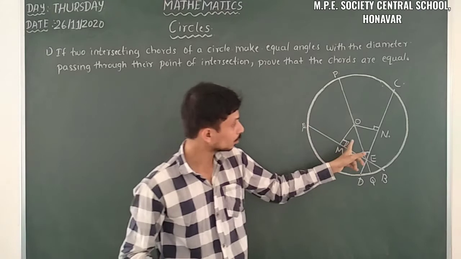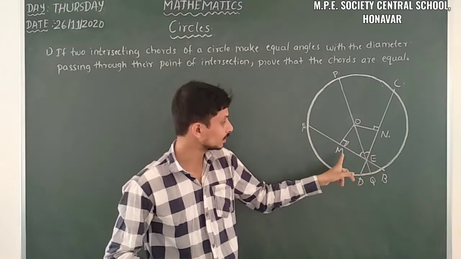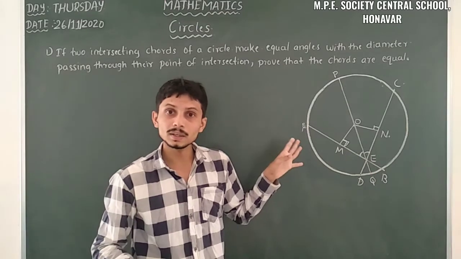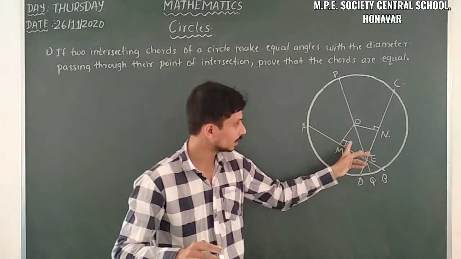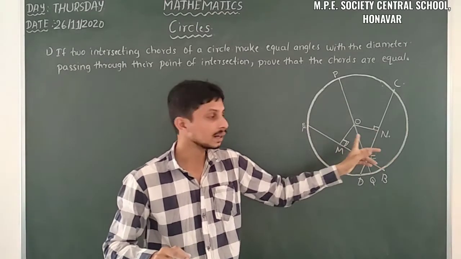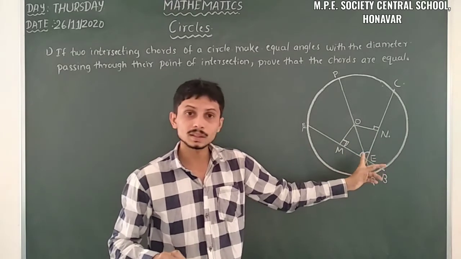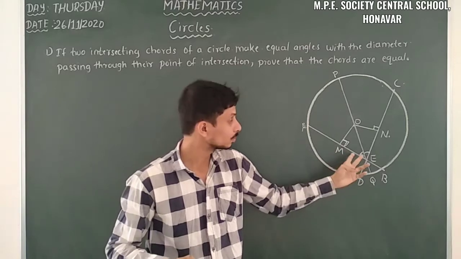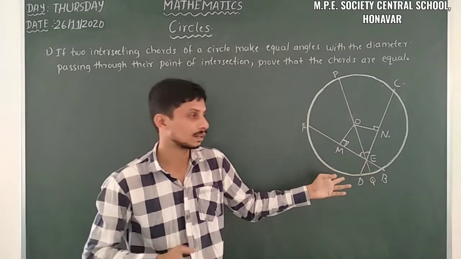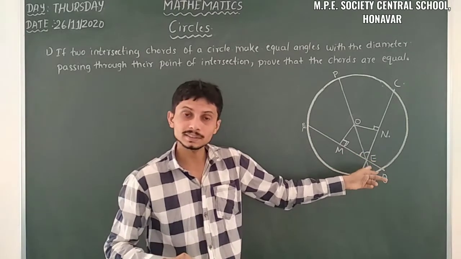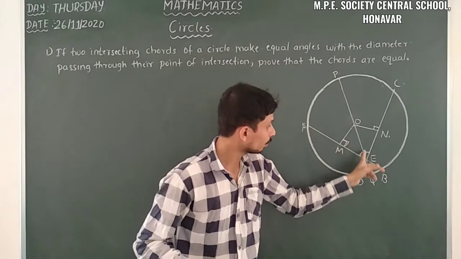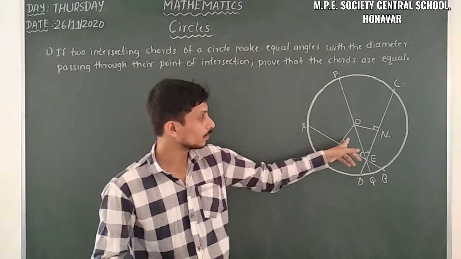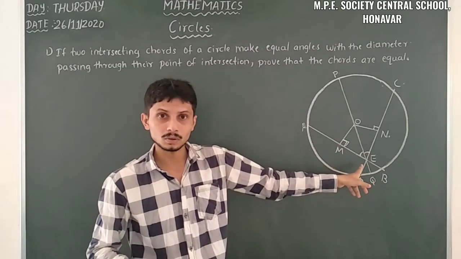Here we have two triangles, just observe these two triangles: OME and ONE. What equalities can we find here? Right angles are there, and one pair of equal angles, since the diameter splits the angle into two equal parts, which is already given. Then we have one common side, OE is equal to OE. With the help of that we have the RHS congruence rule.